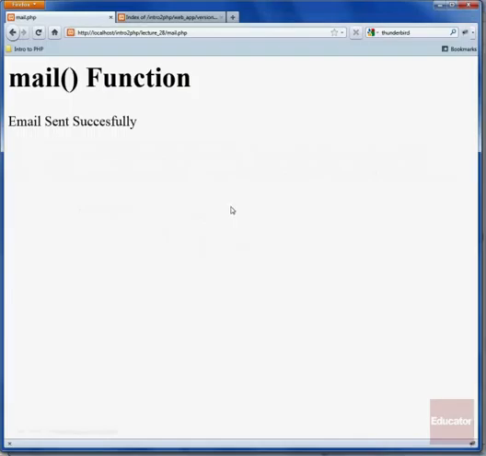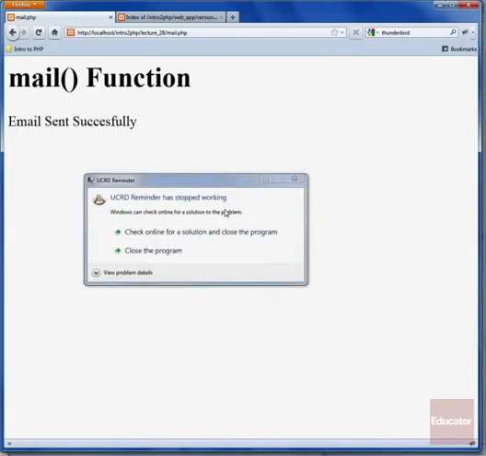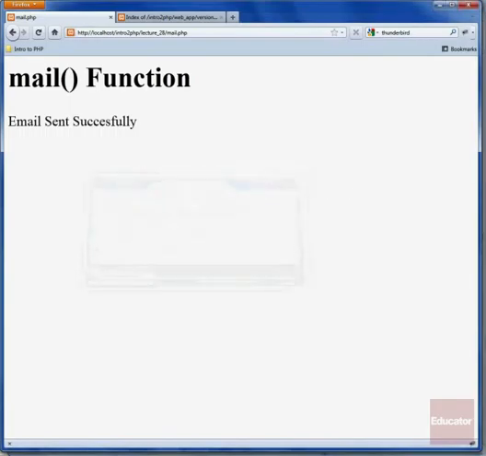We should see that our email was sent successfully. So basically what happened is this time when we ran it, when we called the mail function, PHP looked at the php.ini configuration file. It saw that we're using a sendmail binary to send our email to the local SMTP server, and then it went ahead and invoked that. It read the sendmail.ini configuration file to get our username and password to be able to send it to the